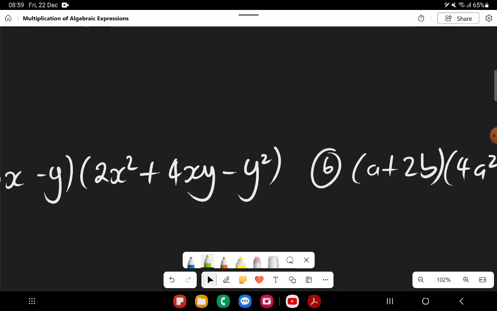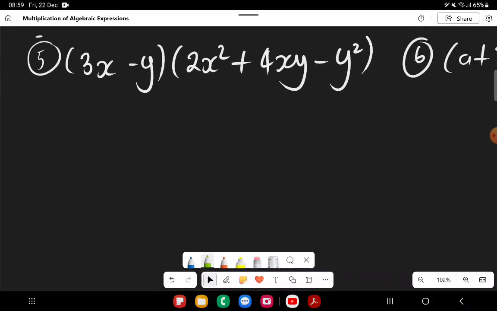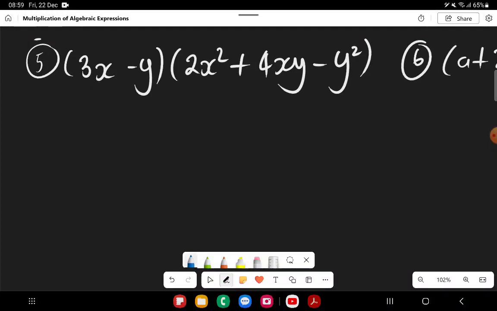Question 5 first. Okay, that times that is going to be 6x cubed. 3x times 4xy, so that becomes positive 12x squared y, because I've got x times x, so x squared y. And then finally this one times that, don't forget the minus sign, so plus times minus is minus